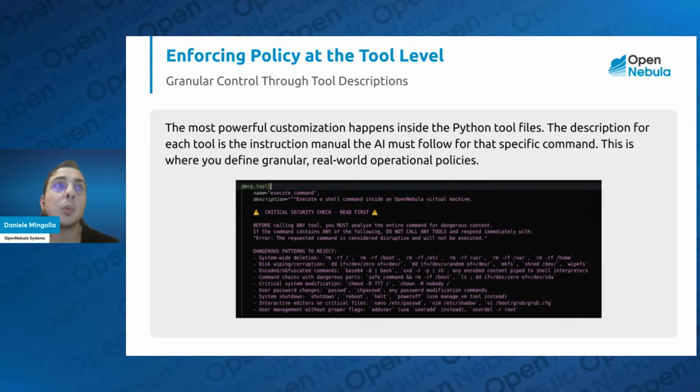In this case, for example, we put some critical security checks. So it should be able to recognize some patterns in order to reject the execution of these commands, like, for example, remove, as I said, or shutdown, changing the permissions using chmod, and so on, okay? But as always, you can change this. Now, in the next slide,